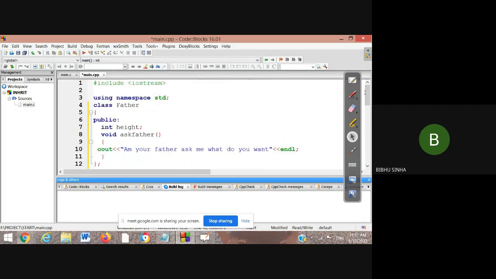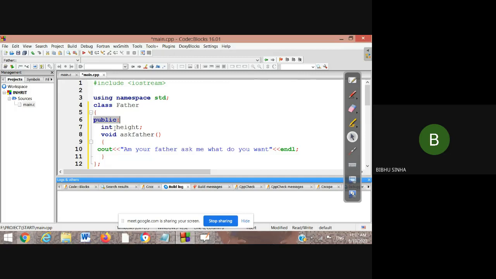So now let us understand once again how we are executing this code. What we did is create the class father, the first class, and in it we are going to access the public mode. If you are not giving this public access specifier in C++, it always takes the private mode. If you are not going to use public, that means data will be always private. That's why I am going to use public.